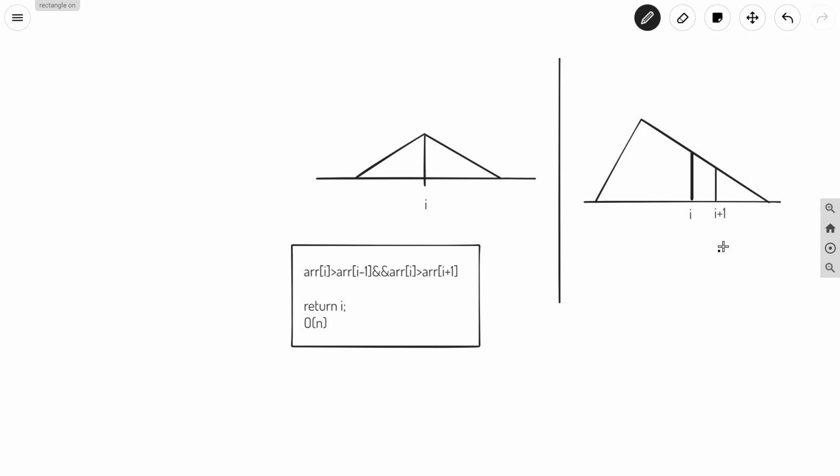If ARR of I is greater than ARR of I plus 1, then we can just check for the remaining part, this left part. So just check for this part, and in this way, using binary search, we can find our peak. So let us directly code the question.